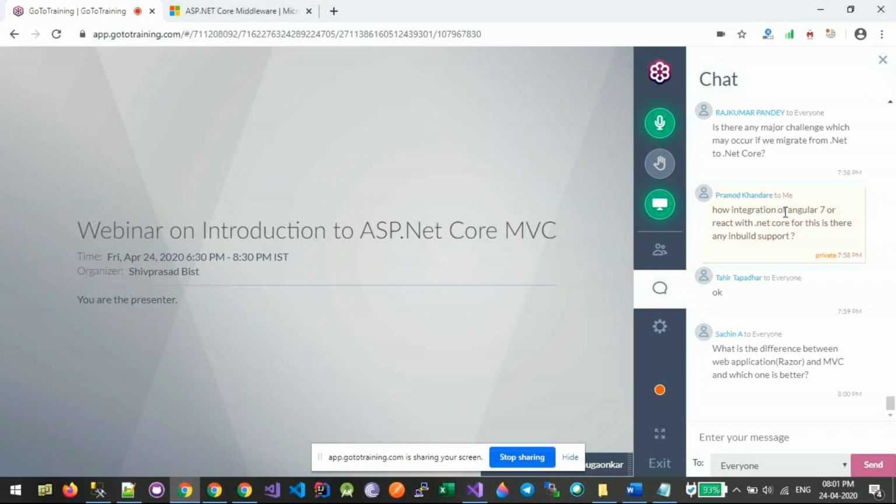Now, when we say MVC, there are two options. Either I can use Razor pages, or I can use Razor views. If I'm using Razor pages, at the top you will see the @page directive being used. In both cases, the extension will be CSHTML. But again, Razor is a view engine and not to be compared with MVC. MVC is the architecture pattern.